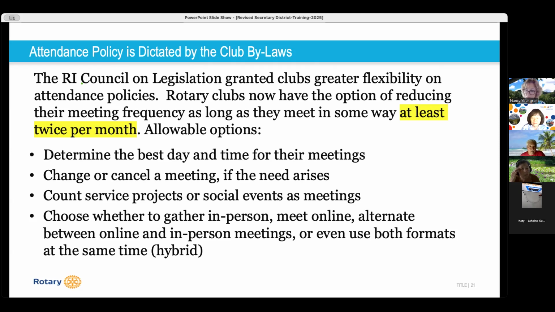Naomi, question. What if we put out a notice that we're going to try to have a joint meeting with another Hui club or whatever? Would that constitute a legitimate meeting? Yes. A lot of flexibility here. This is something that I wasn't aware of at first. I thought you had to meet at your club location twice a month. But there's the flexibility. The point is that you can meet somehow, somewhere, at least twice a month.